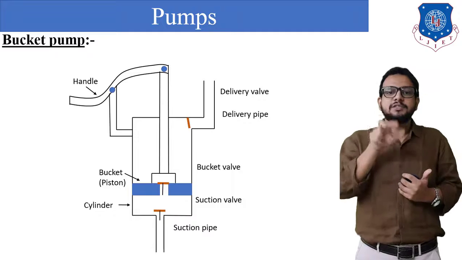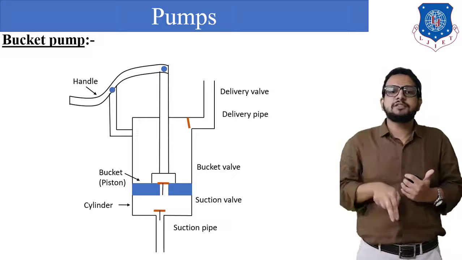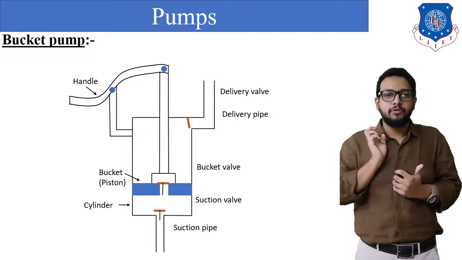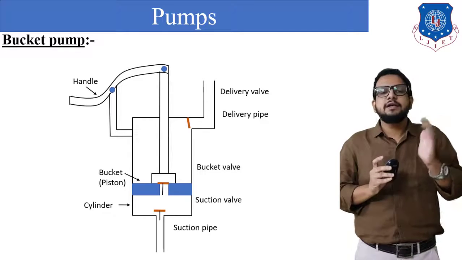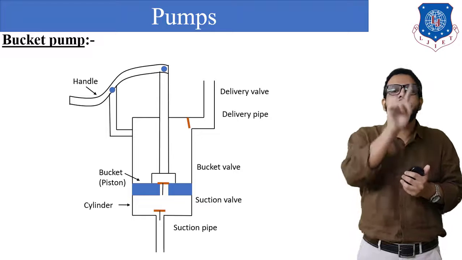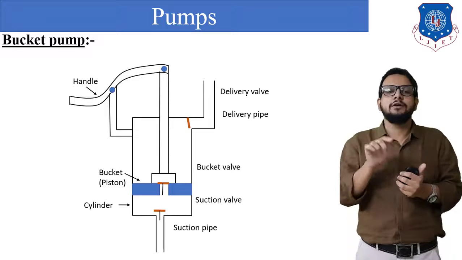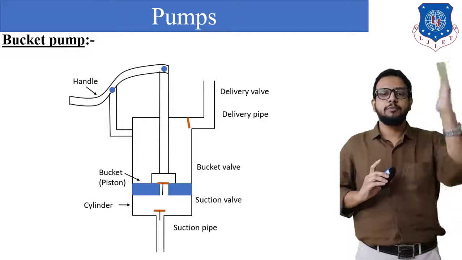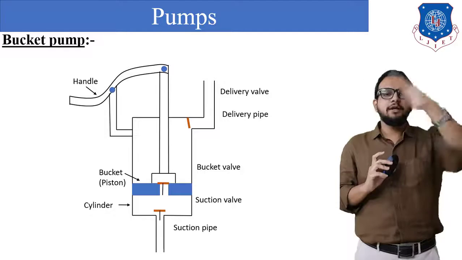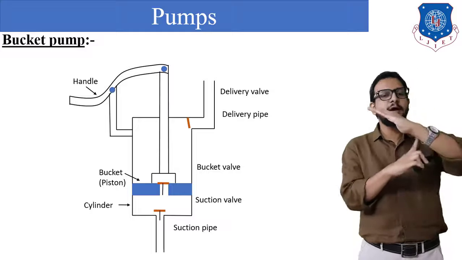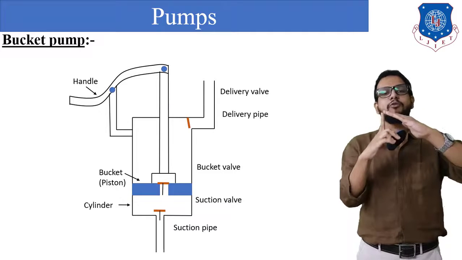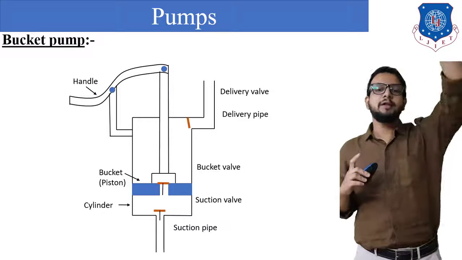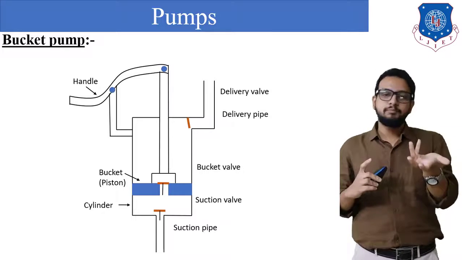Okay, now that piston is connected with a rod, that is called a piston rod, and the other end of the piston rod is connected with a handle. Now the handle is hinged with respect to a linkage which is connected with the cylinder. Which means the handle can perform this motion, right? So when the handle is moved in a downward direction with respect to the hinge, this portion of the handle will move in an upward direction, that is, the piston rod will be lifted upward, which will lift the piston.